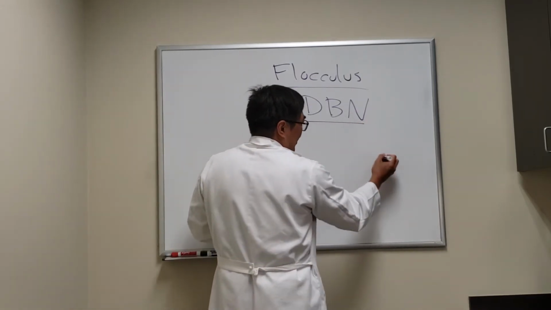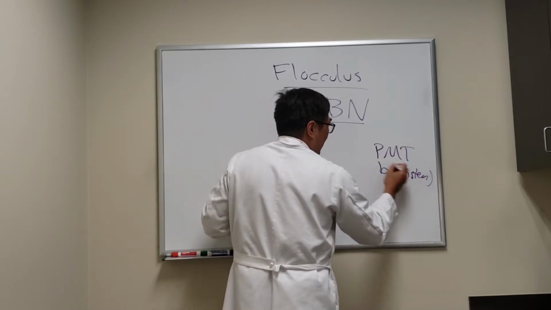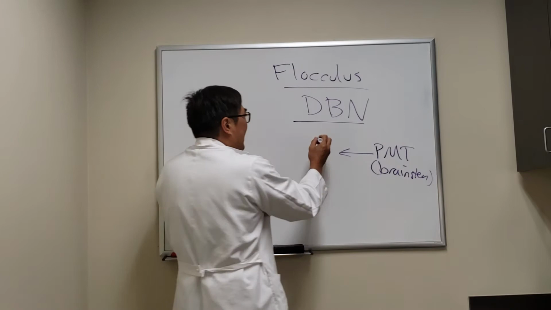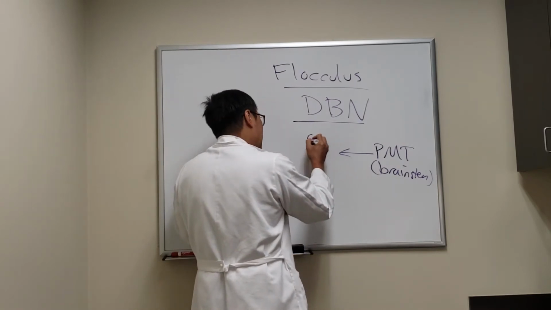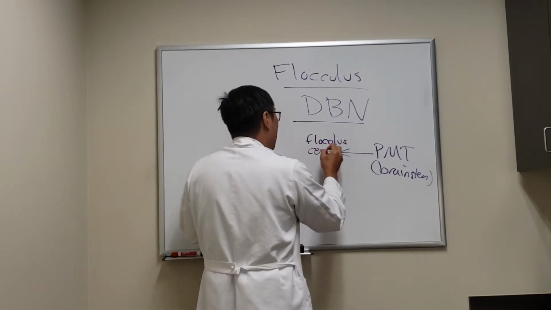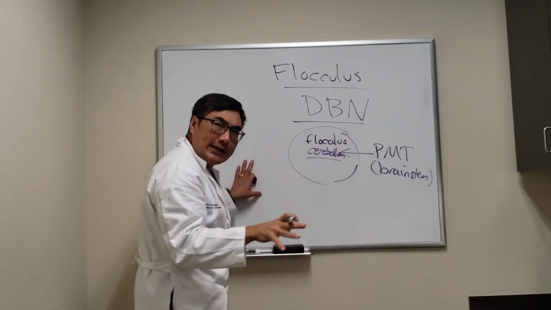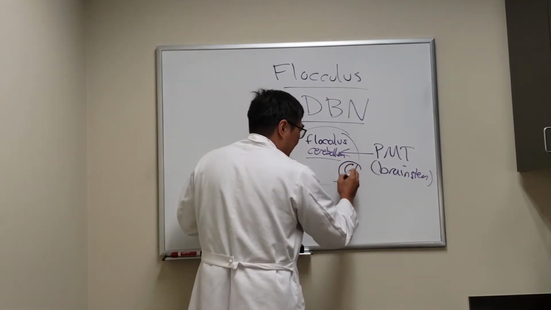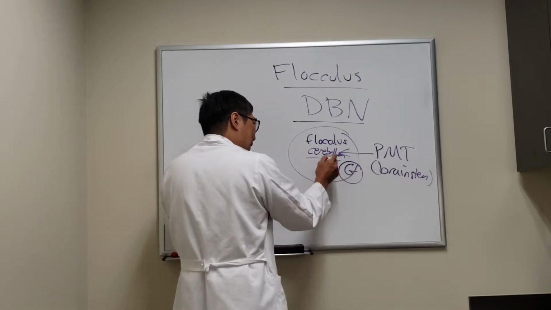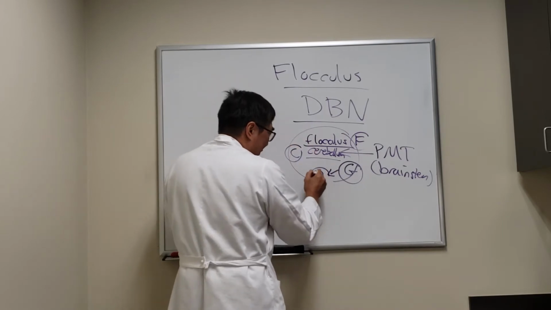So under normal conditions, the paramedian tract in your brainstem is where the signal is going to originate from for control of the fine movements of your eyes. And that signal is going to be mediated by the flocculus in the cerebellum. And there are specific cell types within the flocculus of the cerebellum that help mediate this signal. The granular cell receives the information from the paramedian tract in the brainstem and is modulated through the flocculus in the cerebellum to the Purkinje cell,